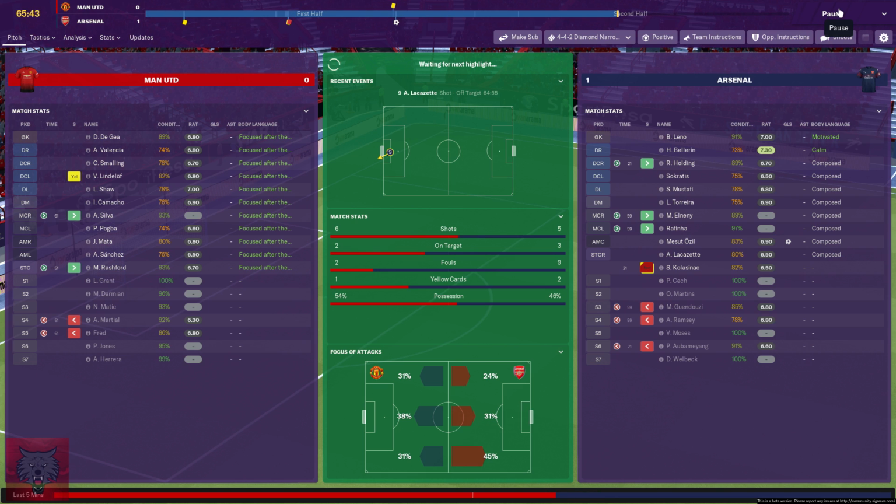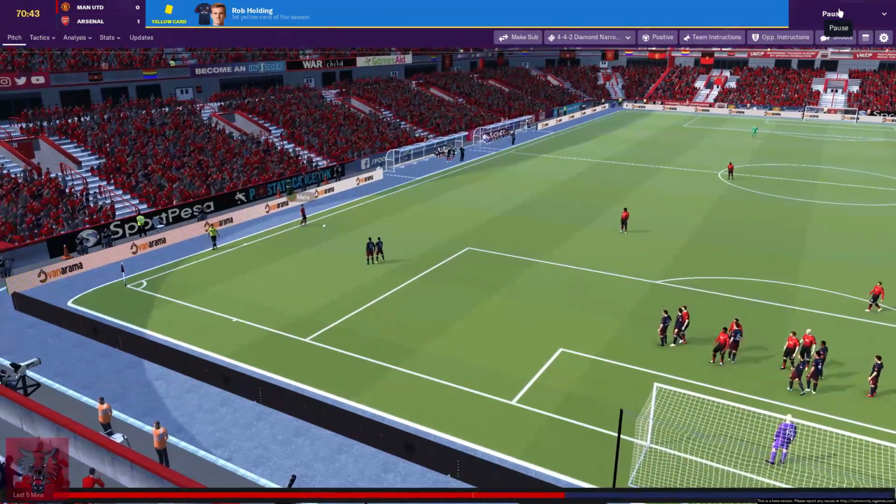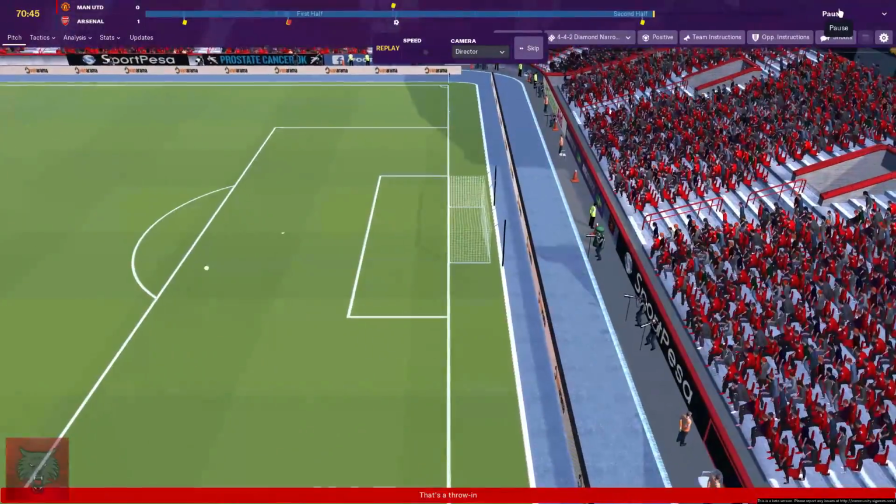Silva's come fresh off the bench for Fred. Okay, 1-0 up is the scoreline. 70 minutes. If we can hold Manchester United off with a red card and a 1-0 win, that'd be...